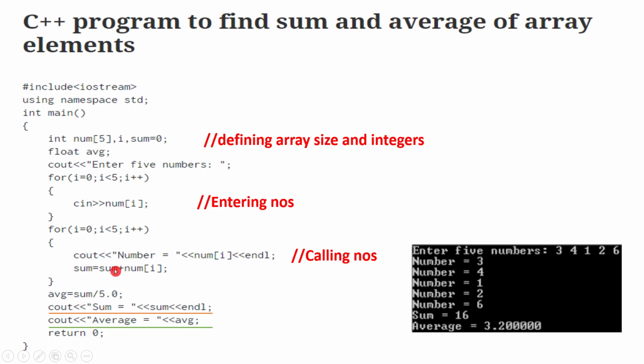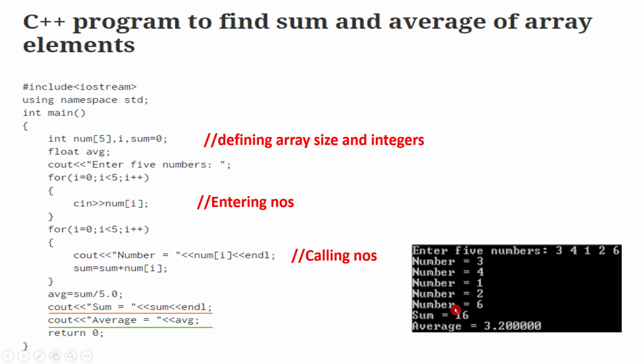Okay. Once the loop is exited, it means when the i value becomes 5 because of this post increment operator, then the control comes out and we have average equal to sum by 5. Because, as we know, we are only going to input 5 numbers, it will be divided by 5. So average equal to sum by 5. Cout sum endl. So directly you can compare with the output, the way of formatting. Enter 5 numbers, the previous one.